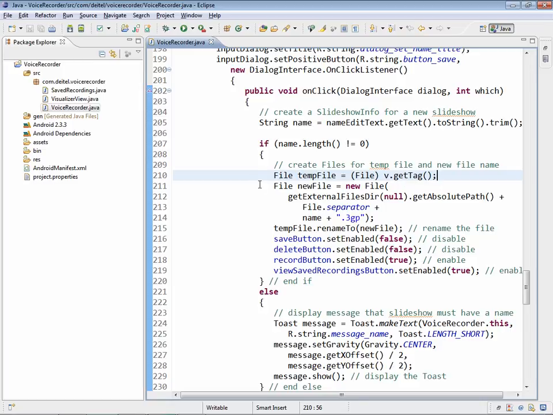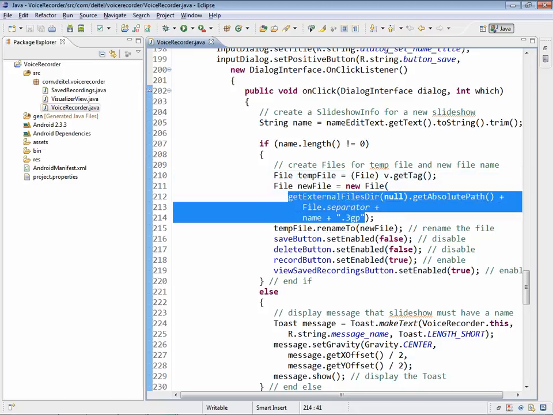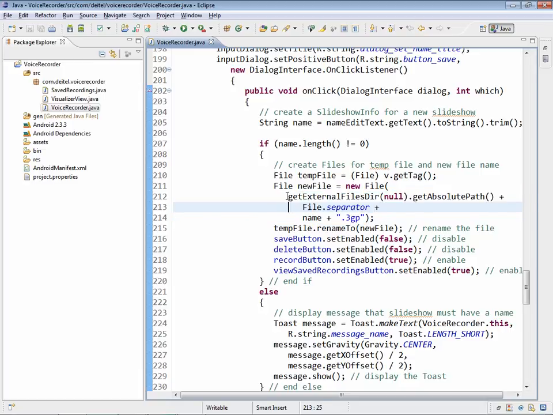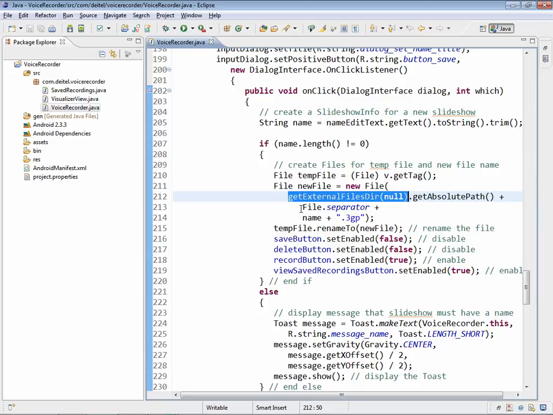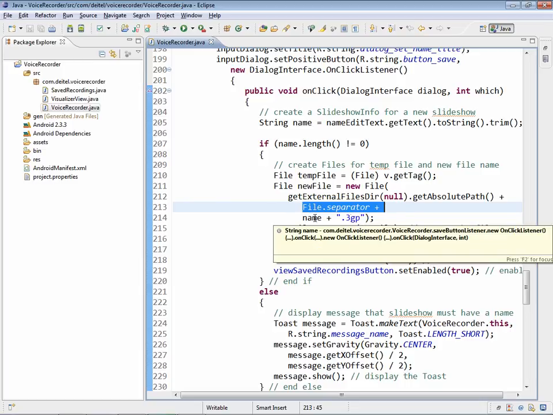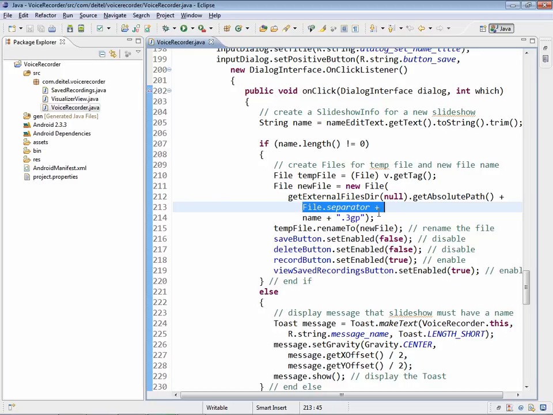Then at lines 211 through 214, we create a new file object, and in this case what we're doing is creating a name that we're going to use to rename the file. And we're going to go to the app's default files directory. We're going to get the absolute path for that directory. We're going to add to it the standard file separator, followed by the name the user specifies and the .3gp